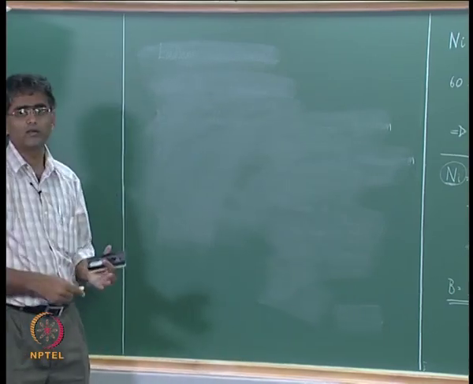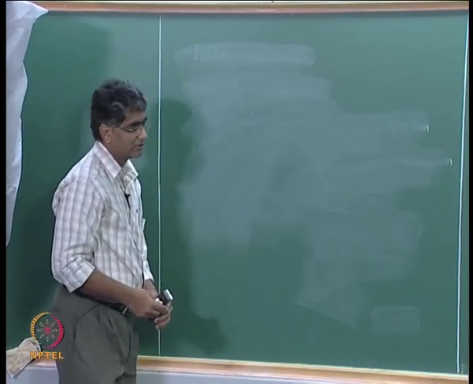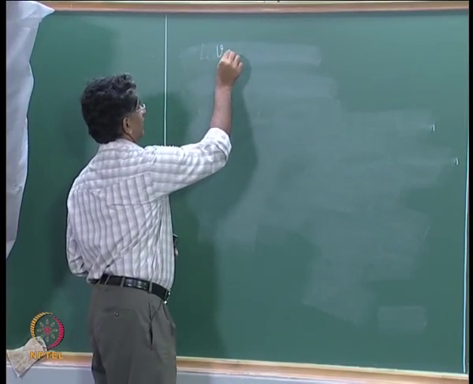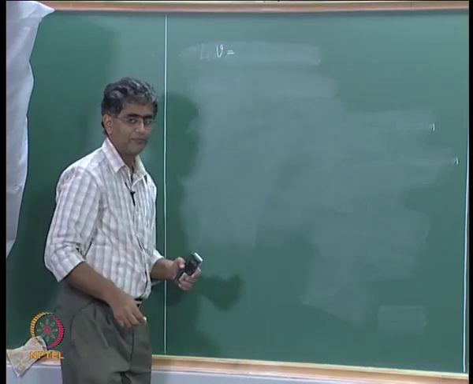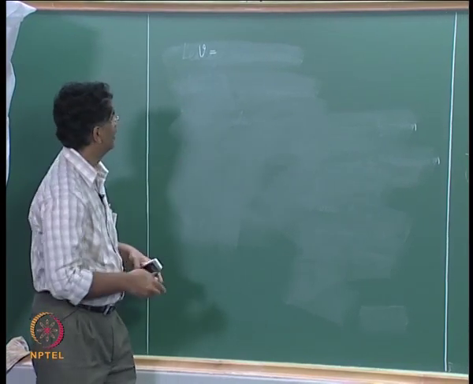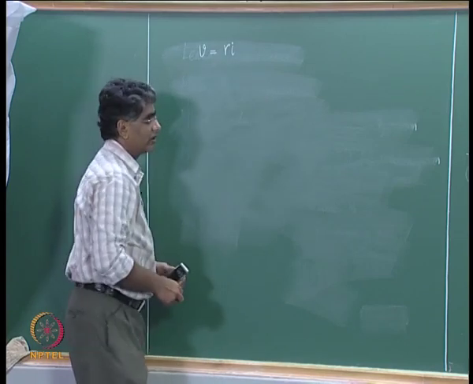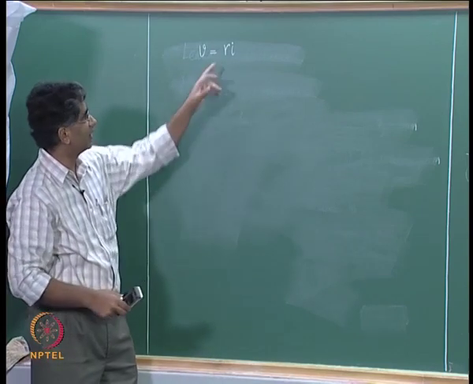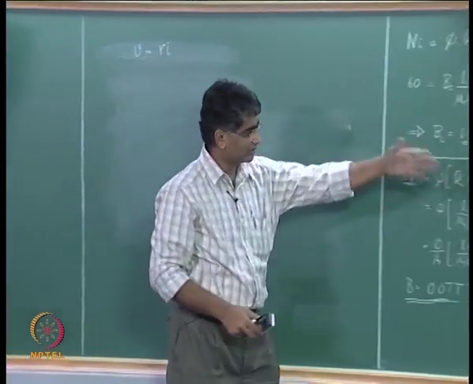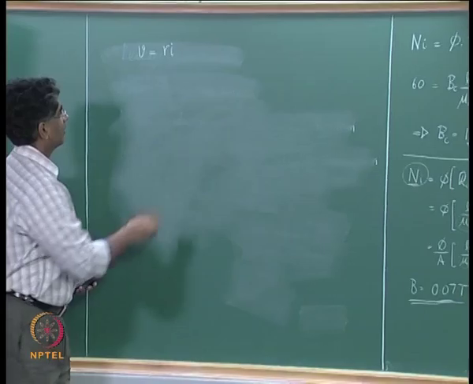The first part is the electrical circuit, where you write down equations for the applied voltage V. You know that if there is a voltage V that is applied, similar to the equations that we have written in the earlier lectures, V should obviously be equal to a resistive drop, R into I, where R is the resistance of that wire loop. So you have R into I, plus